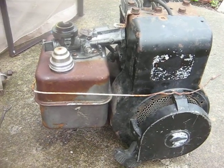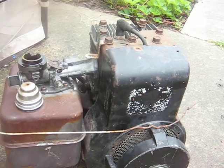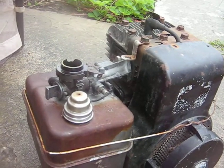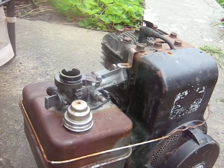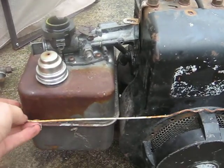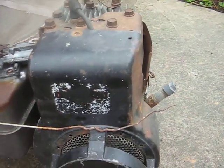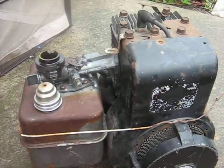So we're looking at a 5-horse FarmAll'd Briggs here. Actually, I guess it's more like a FarmAll'd Briggs. My guess is that's some type of fencing wire holding the gas tank on there. It was all connected up there. I took it apart, but anyway,